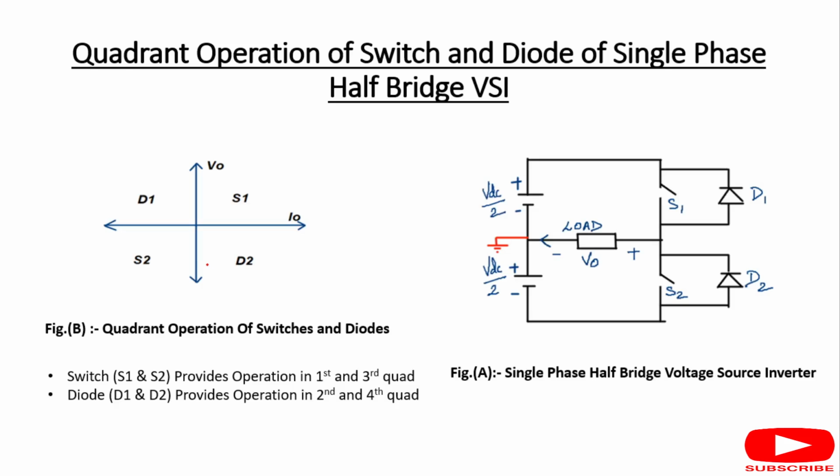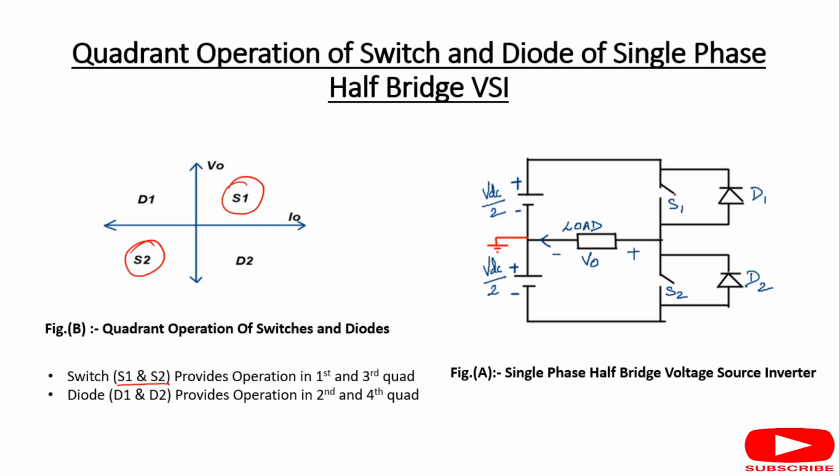Okay, let us talk about the quadrant operation of switches S1 and S2 and diodes D1 and D2 of the single phase half bridge voltage source inverter. See, this is the quadrant operation of switches and diodes. In this case, the switches S1 and S2 provide operation in the first quadrant and the third quadrant,